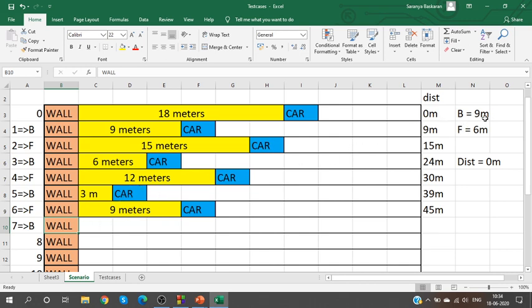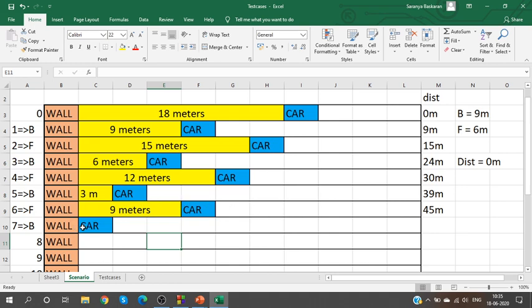If it moves in backward direction it will cover 9 meters. Clear? Distance between wall and the car is 9 meter. If it moves in backward direction, it covers 9 meter. So at this point, car will go back by 9 meters and hit the wall. Can you understand? At the seventh step, the car moves back by 9 meters. The distance is also 9 meters. So it will hit the wall.